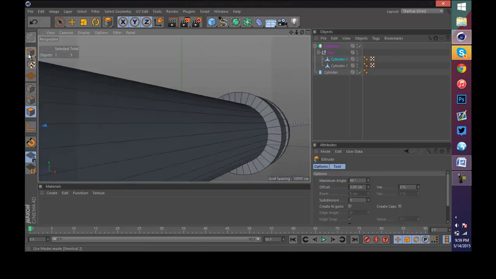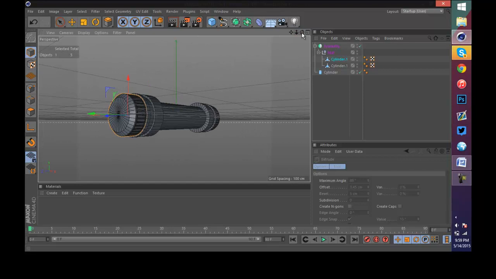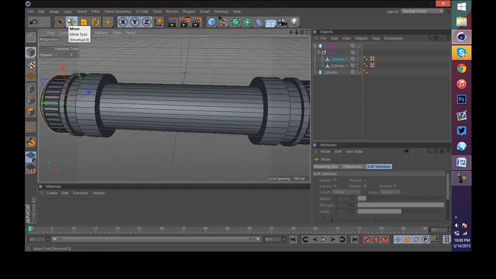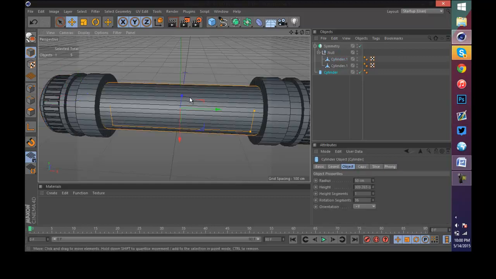Yeah, it looks kind of cool. I like it. Alright, very cool. Alright, so obviously with a biohazard canister, this is actually going to have to be glass, so let's start making